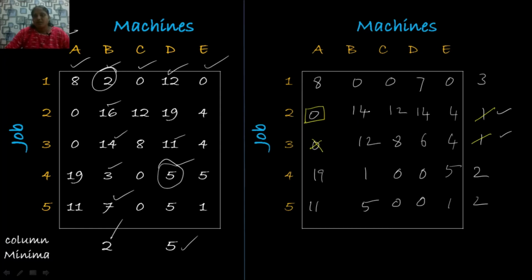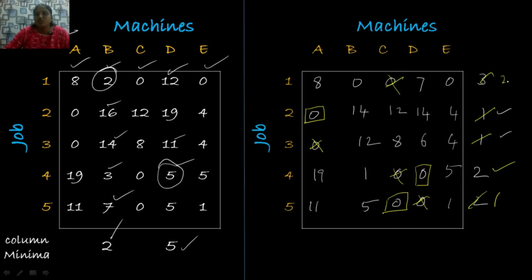Now we move on to the fourth and fifth row, since it has 2 0 elements, whereas the first row has 3 0 elements. So I am going to give my first assignment for the fourth row. I am going to make assignment at this position. So after making assignment, cross the remaining 0 element in the same row and column. And the last assignment I am going to give it here, because it has only 1 0. After making assignment, cross the remaining 0 elements in the same row and column.